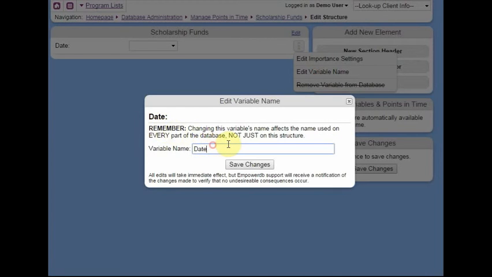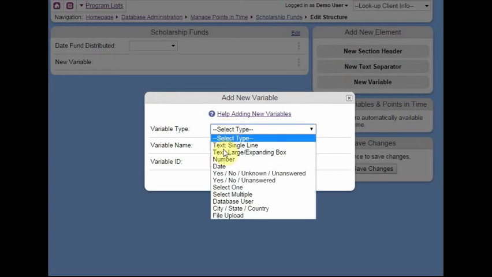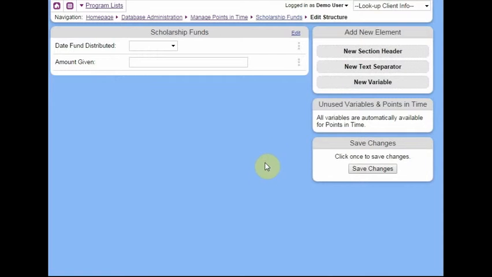We can say date fund distributed, and we can save changes to that. We can add in new variables here, and let's say we want to have a number. So amount given. Let's just call it amount for the ID. Let's put in